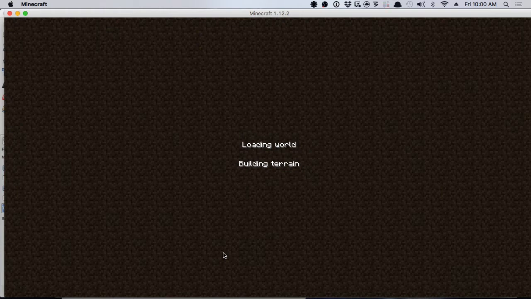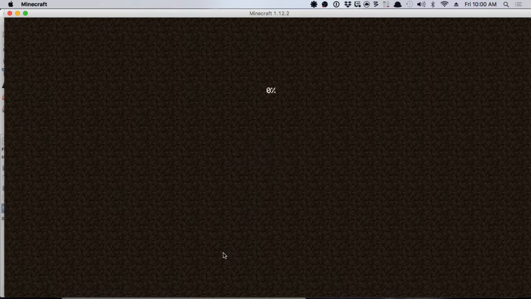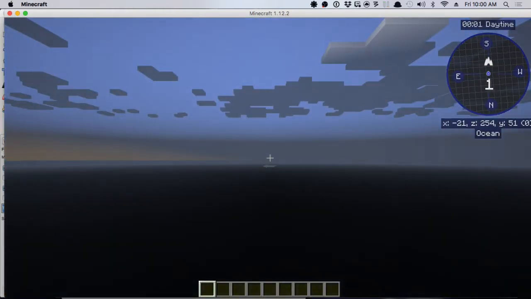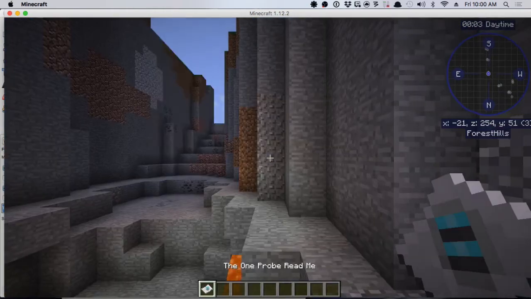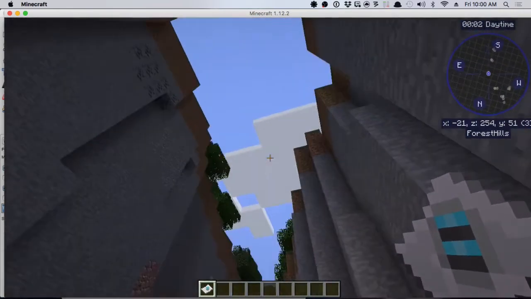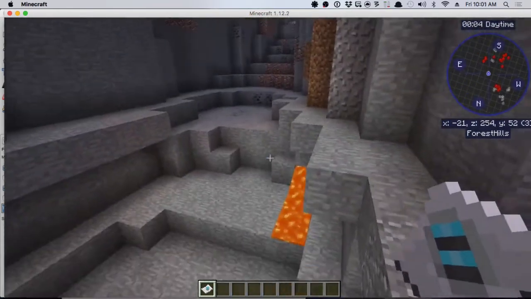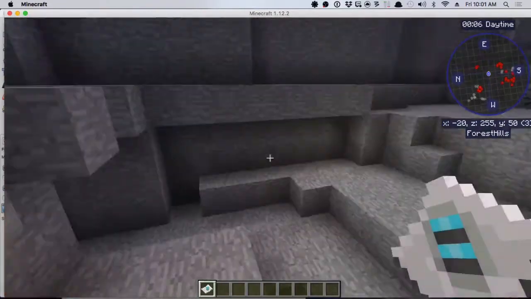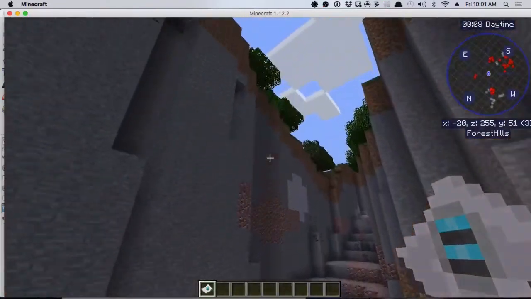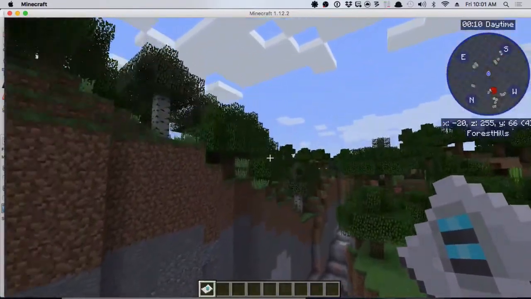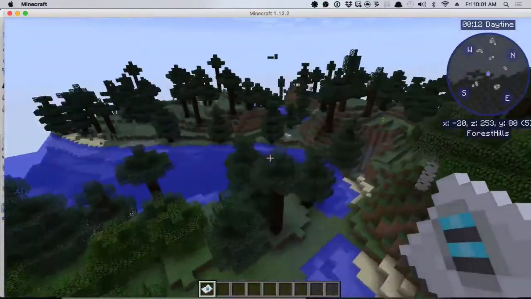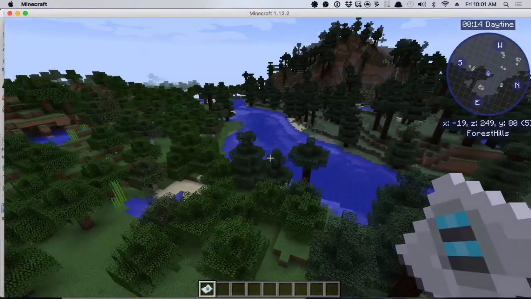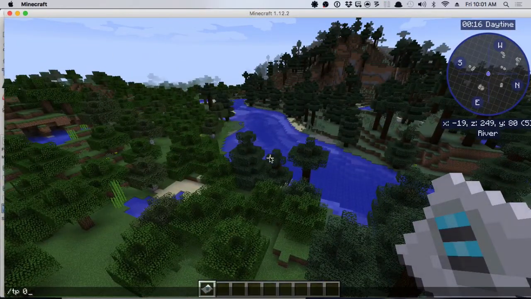So yeah, you would want to use the seed that you had before. So let's load that. Okay, and I'll spawn here in this thing which was kind of added, I guess. Let's see if we can get it right. Okay, so if I go to 0, 0,